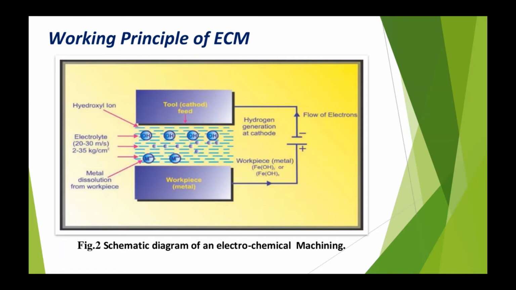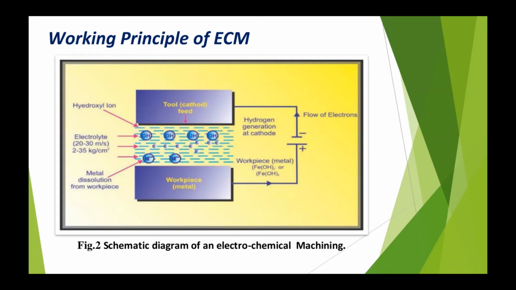Let us take the example of machining of low carbon steel, which is primarily a ferrous alloy mainly containing iron. For electrochemical machining of a steel, generally a neutral salt solution of sodium chloride, that is NaCl, is taken as an electrolyte. The electrolyte and water undergo ionic dissolution